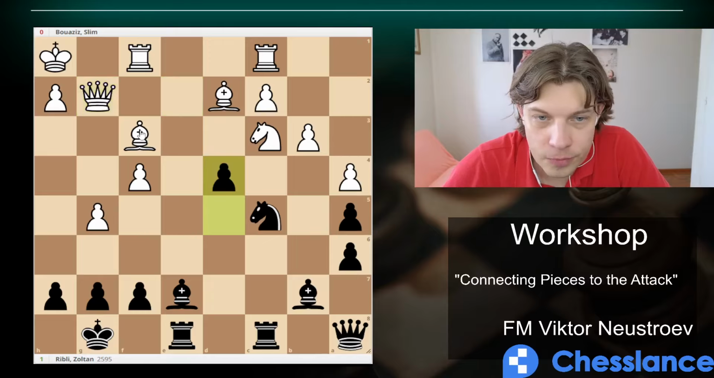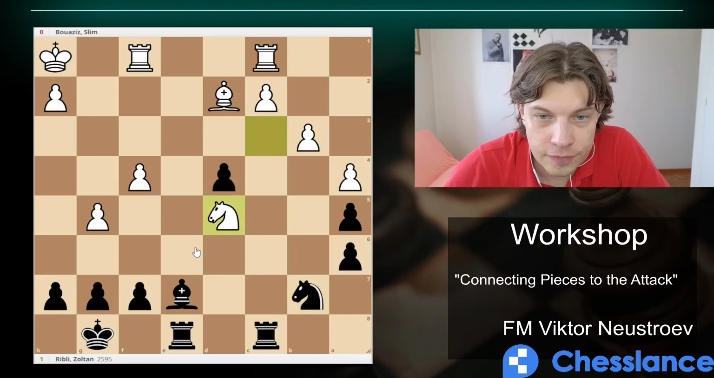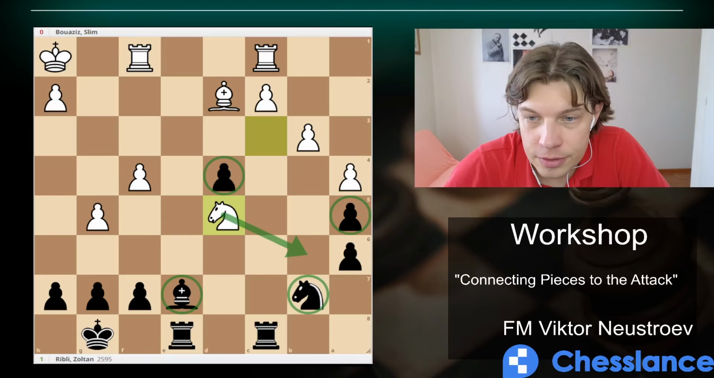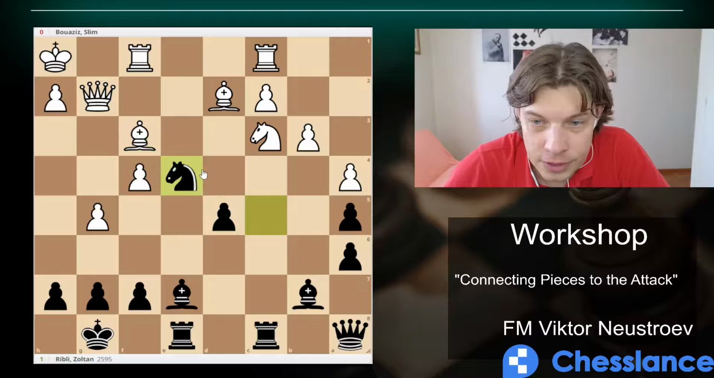Well, d4 right away leads to a trade, and then white has a better structure. Say knight d5. Some weaknesses here. So that's why the knight goes to e4, and this is how the knight blocks the attack of d5, and trading there favors us. So let's say take,